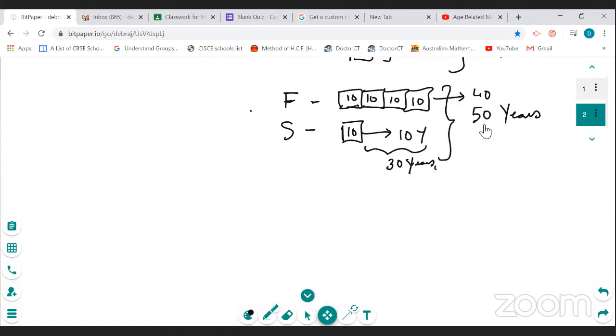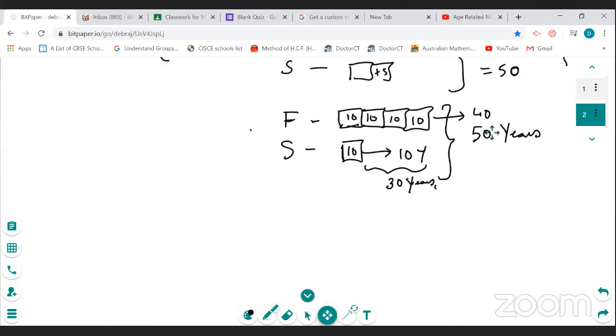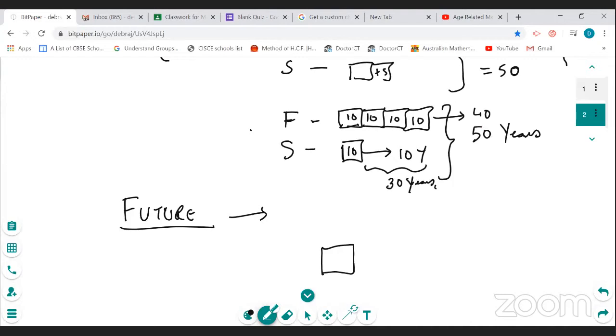Okay, now let's go to the future. And we have to find out that after how many years their ages will be, son's age will be half of the father's age. So when son's age is half of father's age, so if this is son's age, then father's age is going to be double of the son's age. And then only the son's age will be half of the father's age. Now here we see if their son's age is one part is represented by one rectangle, then father's age will be represented by 2 rectangles. And the difference here, as we can see visually, that it is one part. And this difference always remains same.